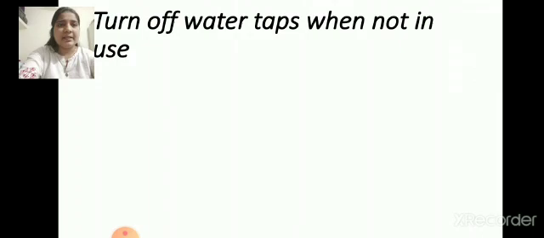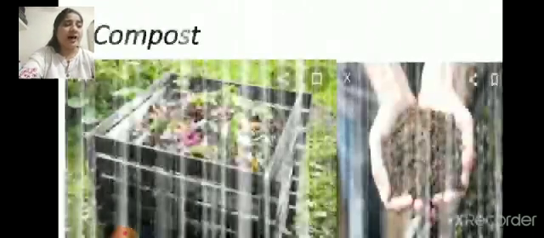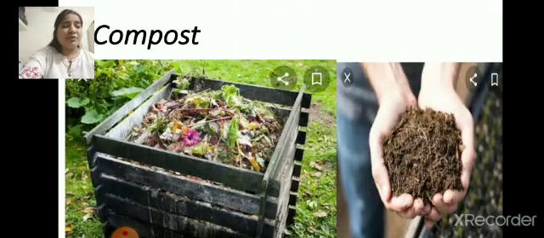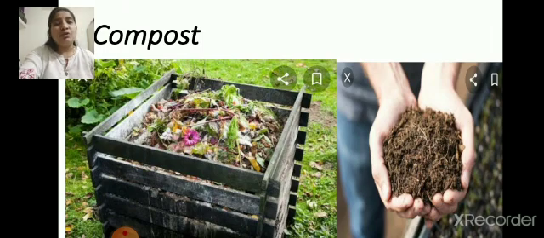Yes, children. So leaves which are left after pruning or mowing, and vegetable and fruit peels can be used to prepare compost. Whatever vegetable and leafy parts we cut and throw out, from pruning or mowing, and the peels of fruits, we can compost that and use it for gardening. So this way you can reduce air pollution.